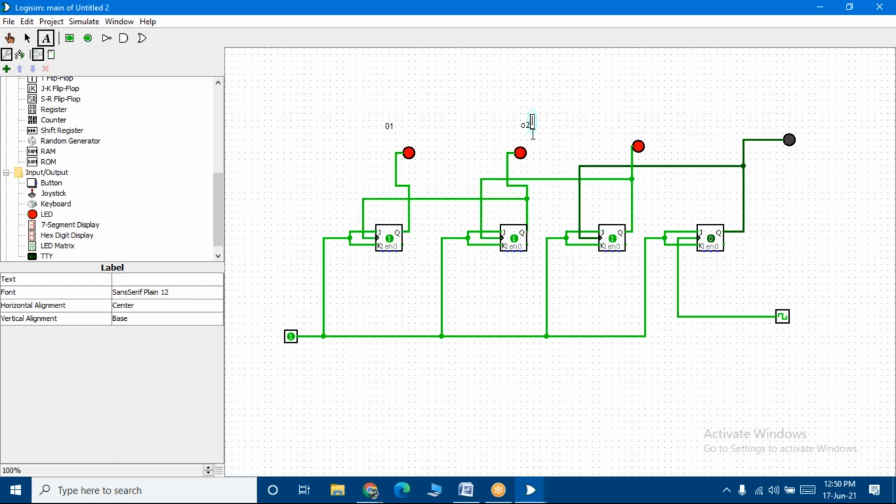Okay, so students, in tomorrow's lab we will do shift registers. After the shift registers, we'll go ahead with the mini project concept, students. For the mini project, I'll give you the circuit and the output also. But you guys have to take time and do a presentation.